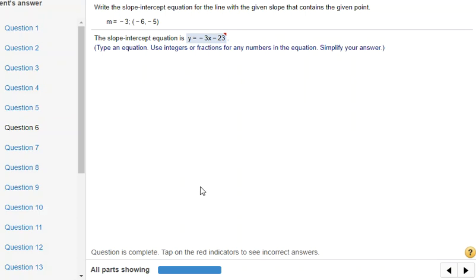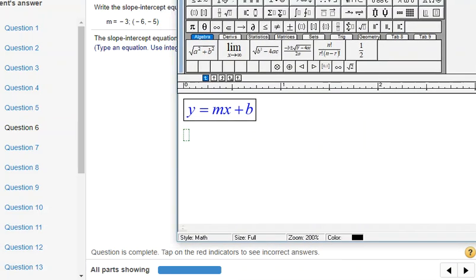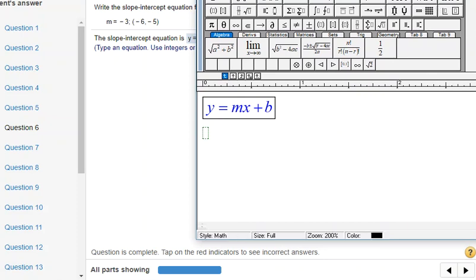We're looking at two questions from section 1.5b. The first question is number 6. We want to write the slope-intercept equation for the line that has slope -3 and goes to the ordered pair -6, 5. Alright, so I'm going to type over here in this window, and I know that the standard